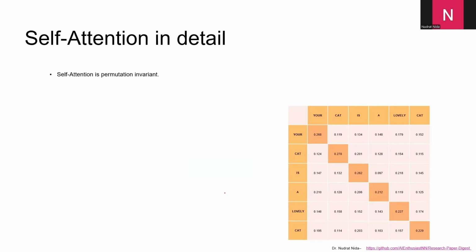So there are certain properties we would like to discuss, the prime properties of self-attention. The first is that self-attention is permutation invariant. For example, if I computed this matrix after attention, and I have a matrix having rows A, B, C, and D. And after some time, if I computed